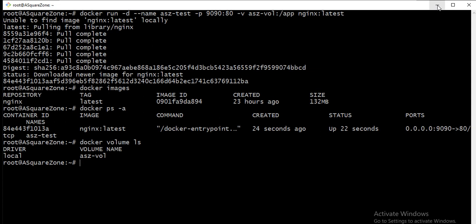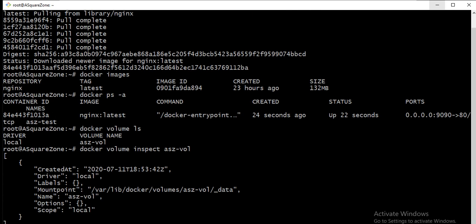Here we can use one more command, docker volume inspect, followed by the volume name.